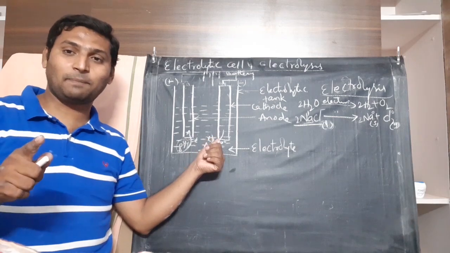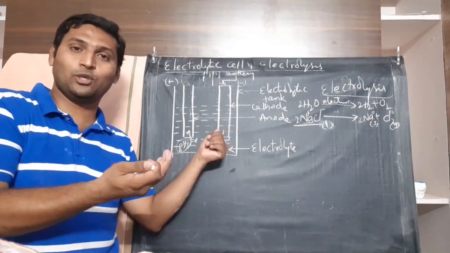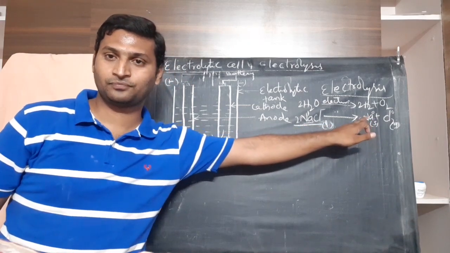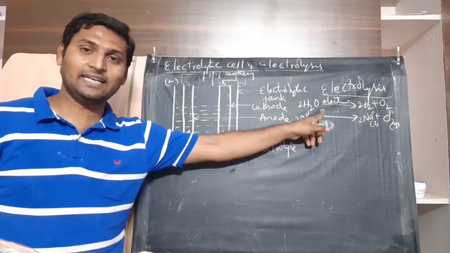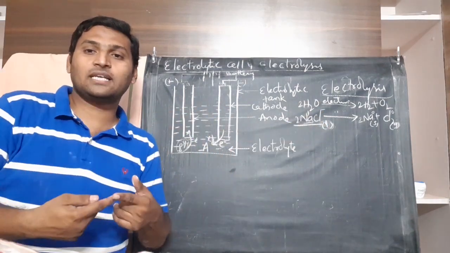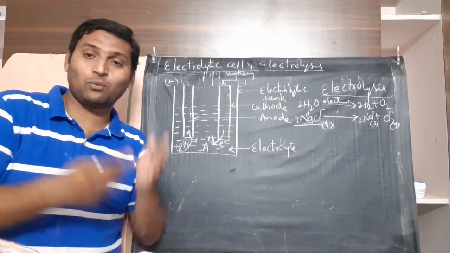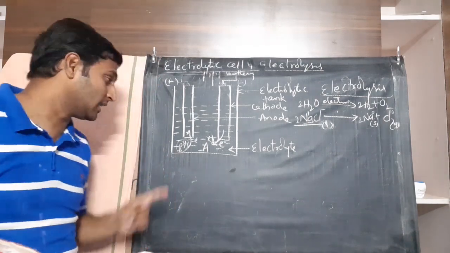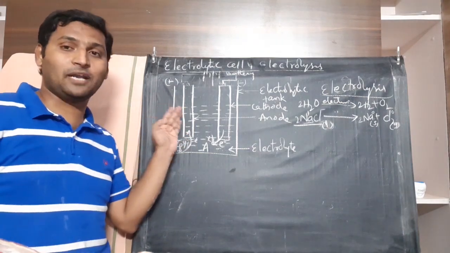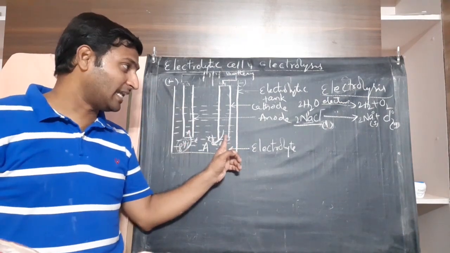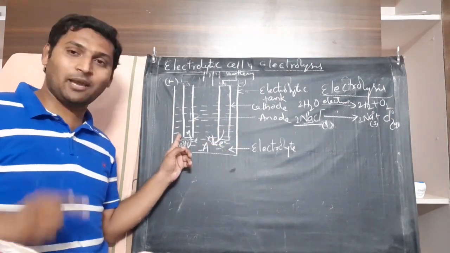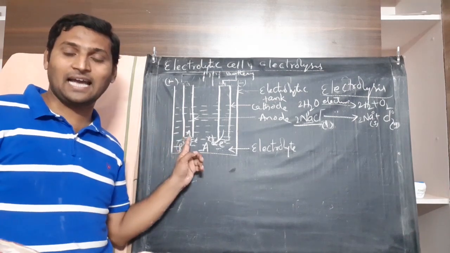So, cathode is the place where cations gain electrons and become neutral and will be deposited or liberated as the relevant element. Similarly, this is negatively charged. To become neutral, it has to lose negative charge. Losing negative charge means losing electrons. And what do you call loss of electrons? Oxidation. So anions at anode undergo oxidation, lose electrons and become neutral. So a cation became neutral by gaining electrons at cathode, and an anion became neutral by losing electrons at anode.